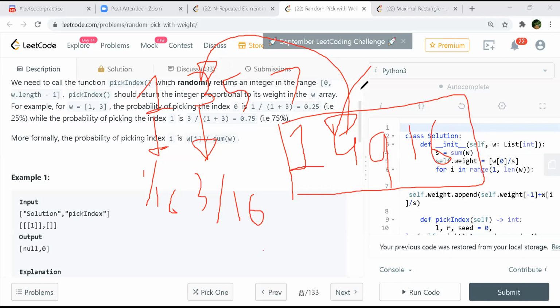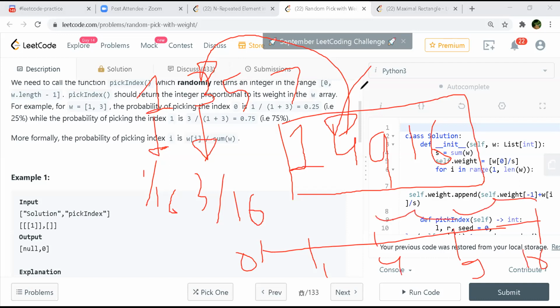So this is 0, 1, 4, 9, and then 16. These are the different buckets that you have created. Let's name the indices also: 0, 1, 2, and 3.